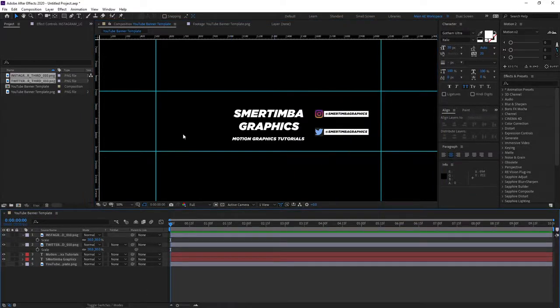And also you can add some more elements, some more text using hashtags, but you do not want to overload your composition. So what I like to do